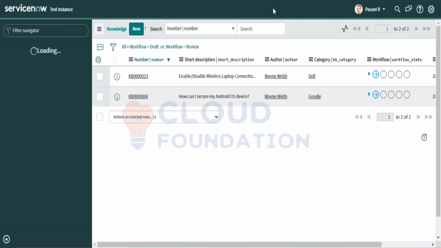Always remember, global is an application scope, universal through the entire instance. Application scope means, for example, HR and global; these are two different application scopes. When I build any application in the global scope, it would be accessible to all the end users